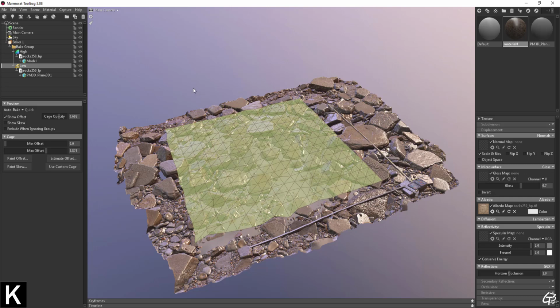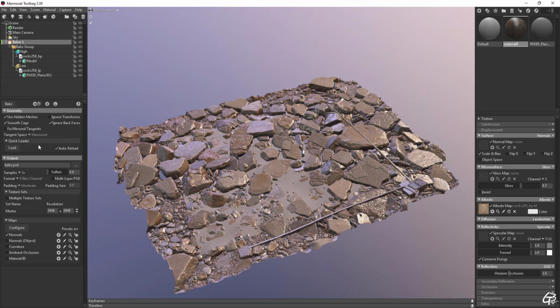This window appeared since we had AutoBake active and it was trying to AutoBake textures, so let's turn it off. When done, let's copy the offset value, as this is our eyeballed maximum distance for the projection, and let's move to the baker settings. Let's set the output path and the bake name.